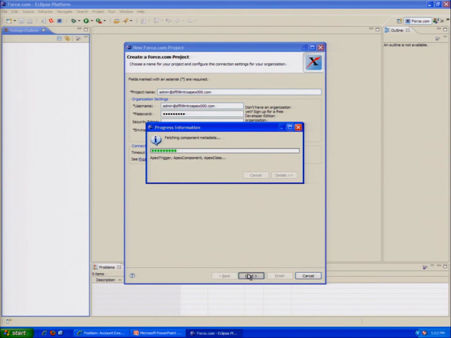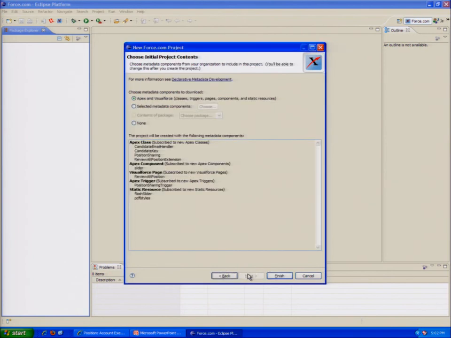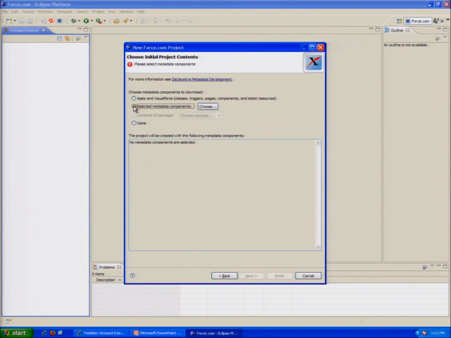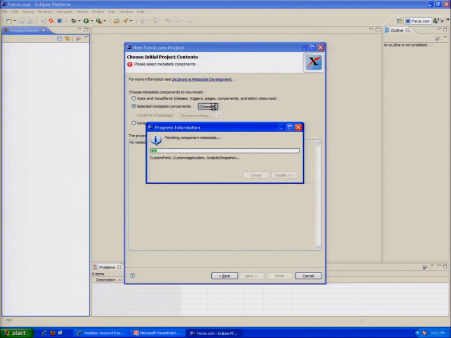So then click Next. And so what this is doing is this is actually going out to your org out on our platform, out in the cloud, and connecting to it. Okay. Now what I want you to do is click on the radio button that says Selected Metadata Components, and then click the button that says Choose. Now I'm going to have everybody